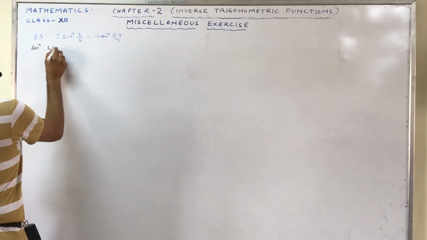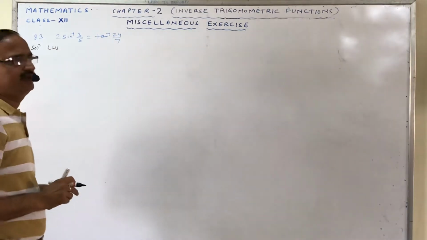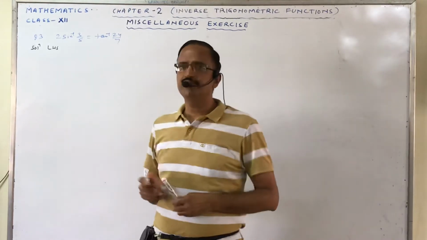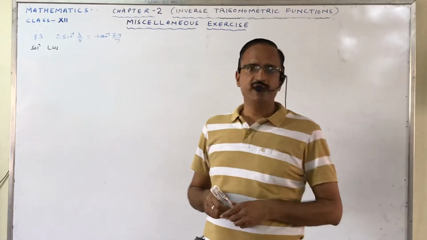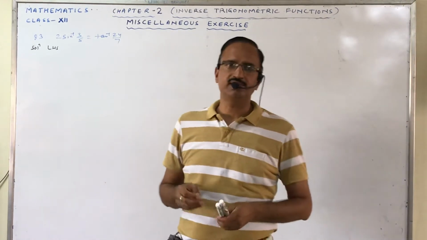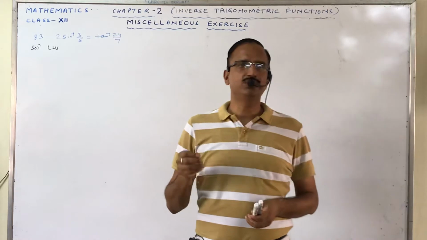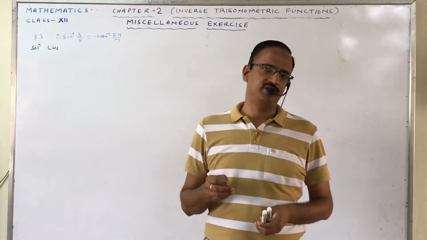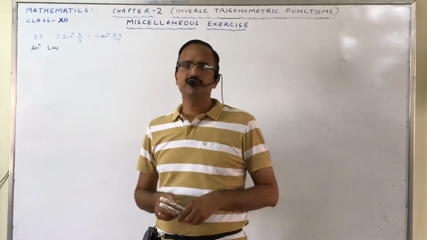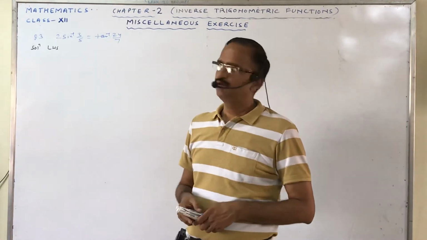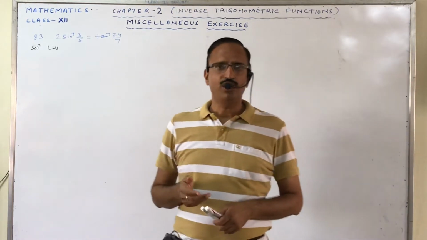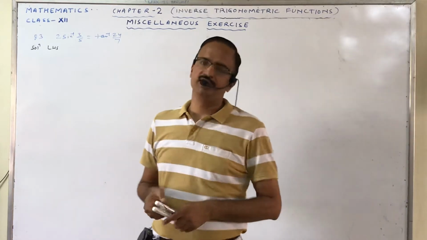In this we have 2 sin inverse 3 by 5. So if we convert this sin inverse in the form of tan inverse, then we have a formula, that is 2 tan inverse x equals tan inverse 2x upon 1 minus x square. So first of all we will convert this sin inverse in the form of tan inverse. We can convert this either by using the identity or by using the triangle.